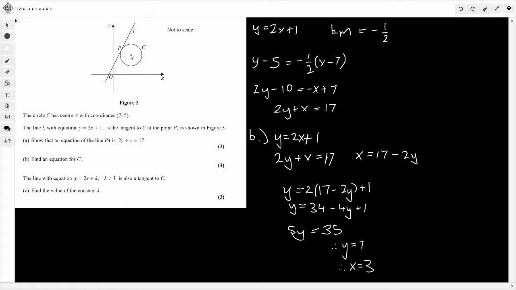Just subbing the 7 back into this equation. So 7 is equal to 2x plus 1 and solving that. So we've got the coordinates of P, and that's 3, 7. All we need to do now is just use distance. So if we do it over here,